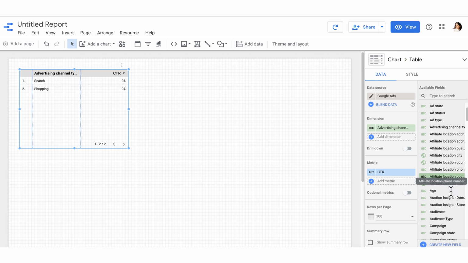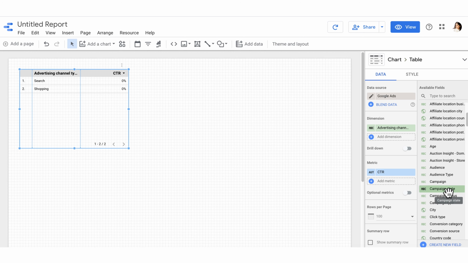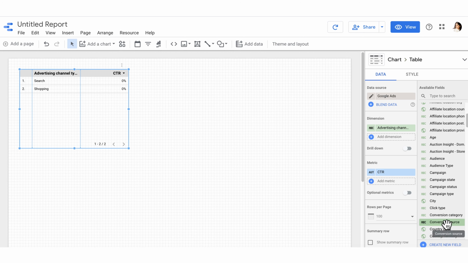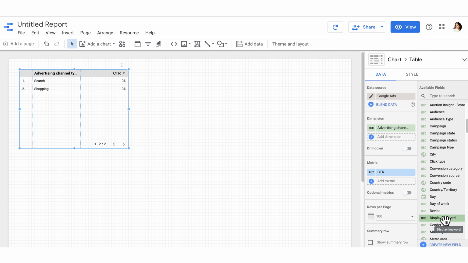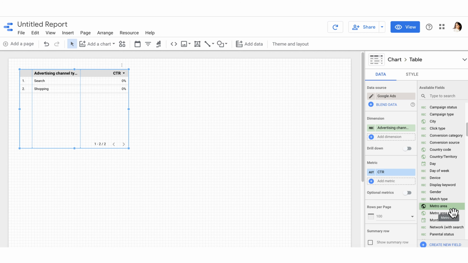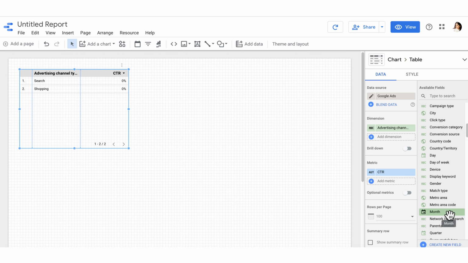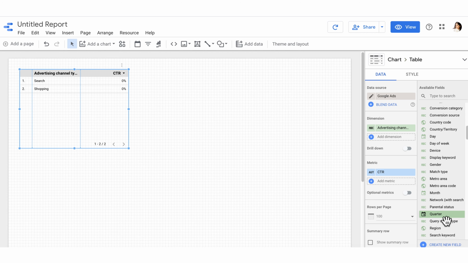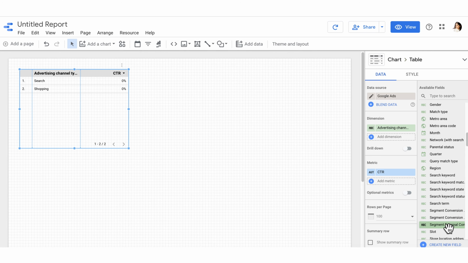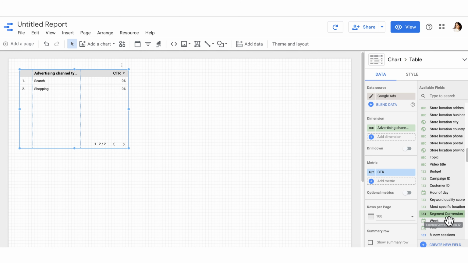And we have affiliate locations, we have ages. Let's see, age, audience type, campaign, city, click type, conversion category, day of the week, device, what device was that ad accessed from and hopefully clicked from, gender, if that information is available, metro area code, network, parental status, quarter, region, search keyword, and so on. Segment conversion. So basically with Google Ads we get a huge amount of data, and including things like